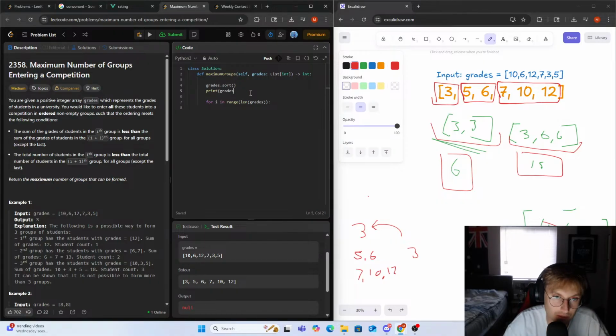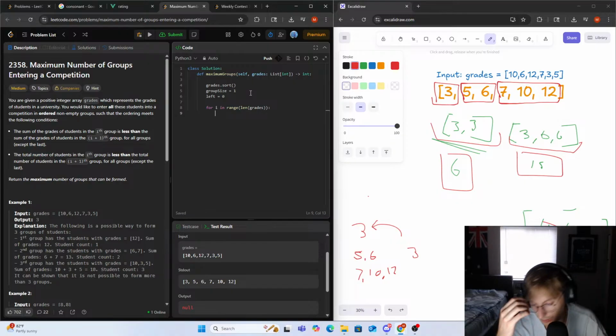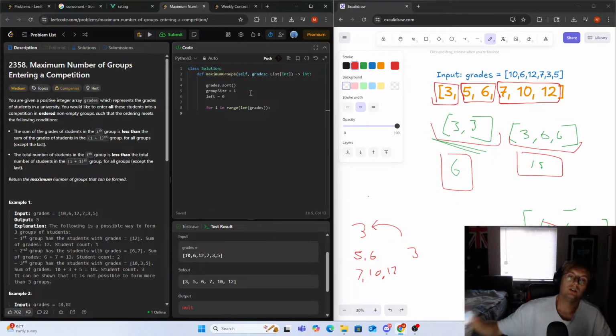So I'm thinking here what we want to do here is we want to have our group size here, right? So group size, start off at 1. We probably want to have a left at 0, right? We loop through for iron range length grades. How would we want to do this, right? So